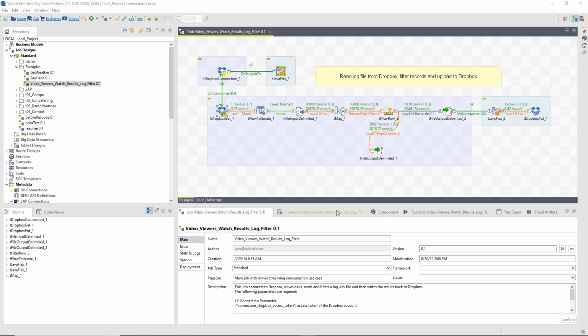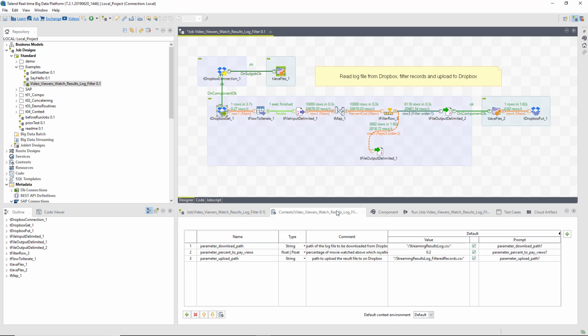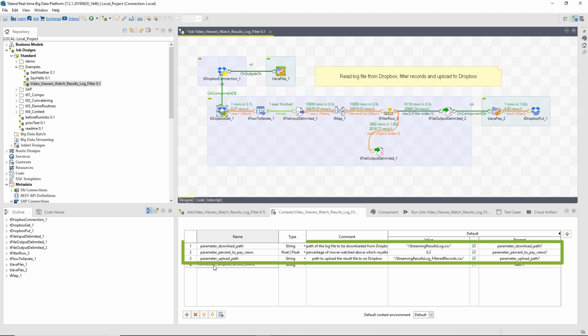To do so, I need to create a context parameter for the access token and then replace the hard-coded value with a newly created variable and publish the update to the cloud. Let's get started. I'm going to add a new context variable to store the access token necessary to connect to Dropbox. I can see that there are already 3 variables created for this job and that all start with the